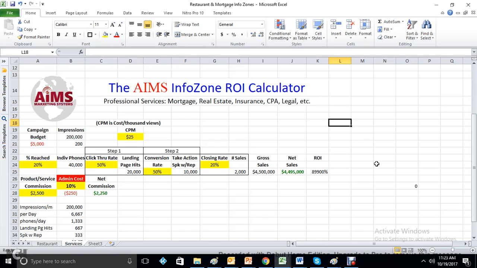Morning campers. Today we're going to take a look at the AIMS InfoZone ROI Calculator. This particular one right here is for professional services and big ticket items. The first thing we're going to do, of course, when we're talking with the decision maker, is do our fact